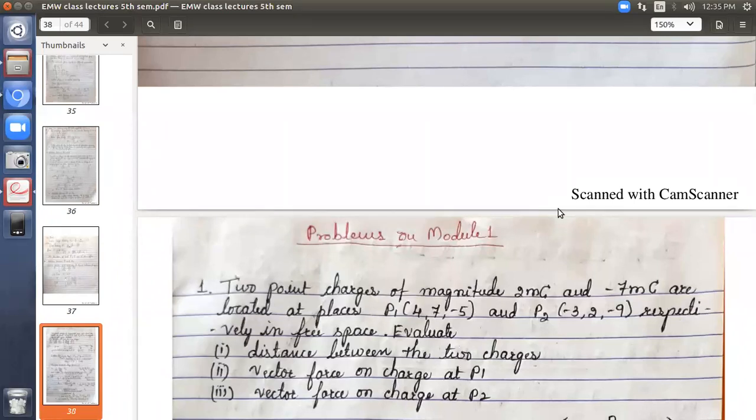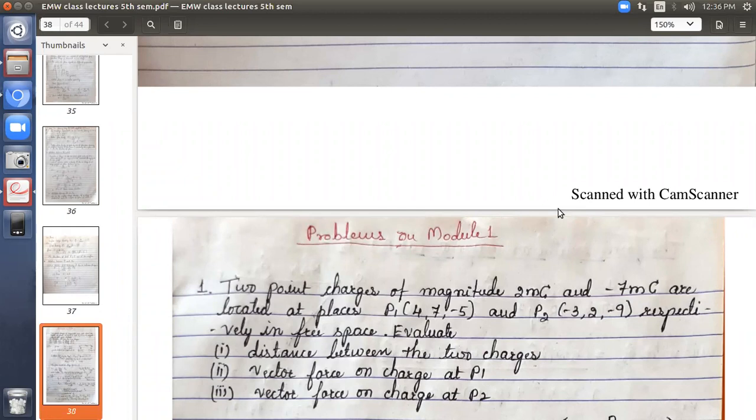Then we came across the vector calculus, different identities, properties we have seen, how the vectors are added, how the laws are used, what are the different rules, then cross product, dot product, what is this del operator. We have seen all these. What is a scalar field, what is a vector field. This is all about the basics.